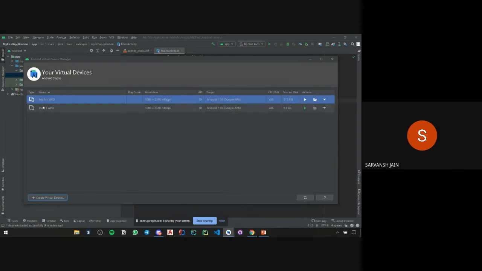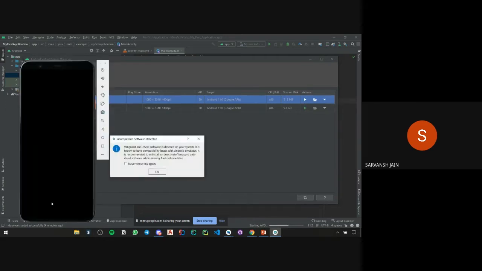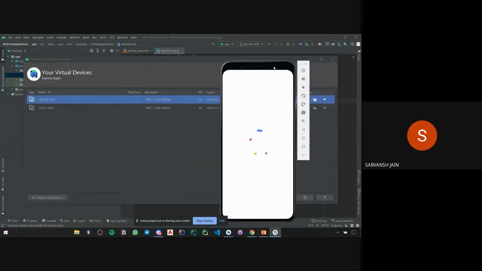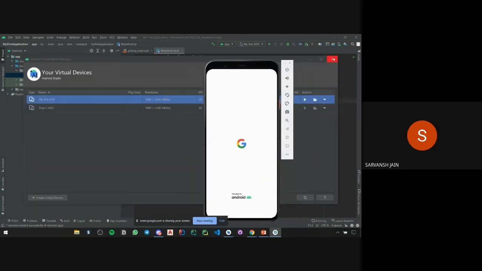Okay, so I have created one more AVD which is running on Android 11, and now I'll run it. I click on this play icon, and now it runs. Also, when you are running this emulator, you might get pop-ups telling you that Windows Defender is interrupting, or Vanguard of Riot Games is interrupting. You can disable those software and then use it. I close this pane.